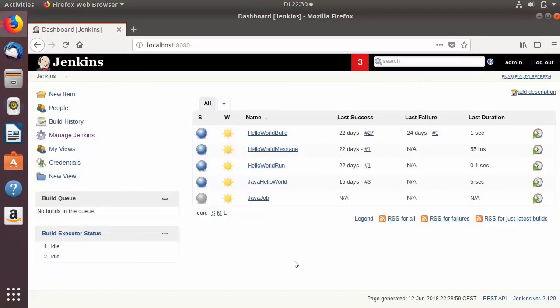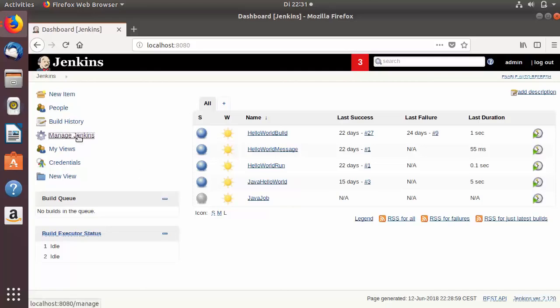Hey guys, welcome to the next video on Jenkins tutorial for beginners. In this video, I'm going to show you how to restrict Jenkins project access to the users and group using roles. Now this video will be the continuation of the last video in which I have shown you how to install the plugins in Jenkins. And we have installed the special plugin to restrict the project access to the user, which was role-based authentication strategy